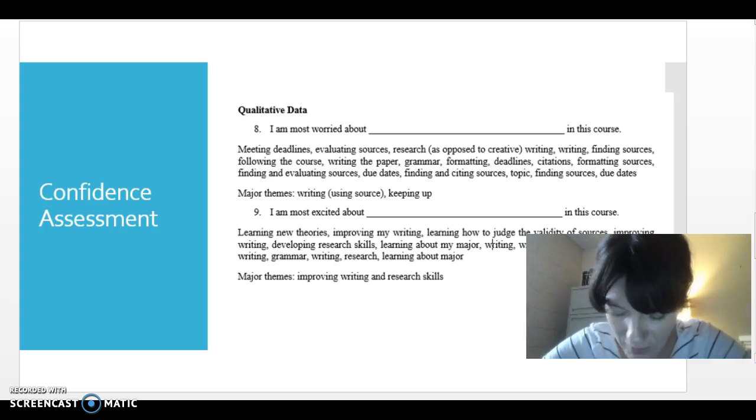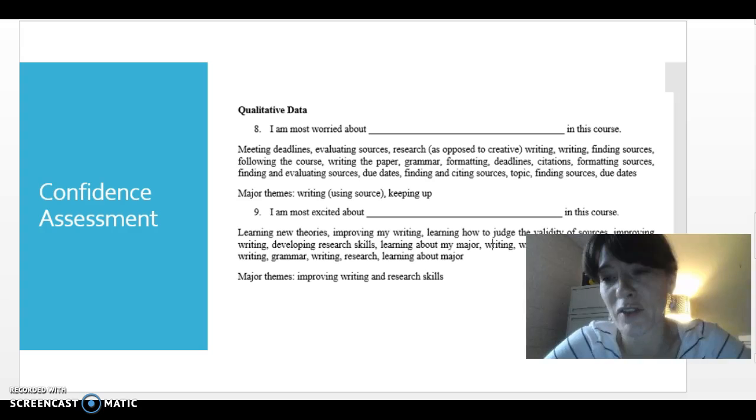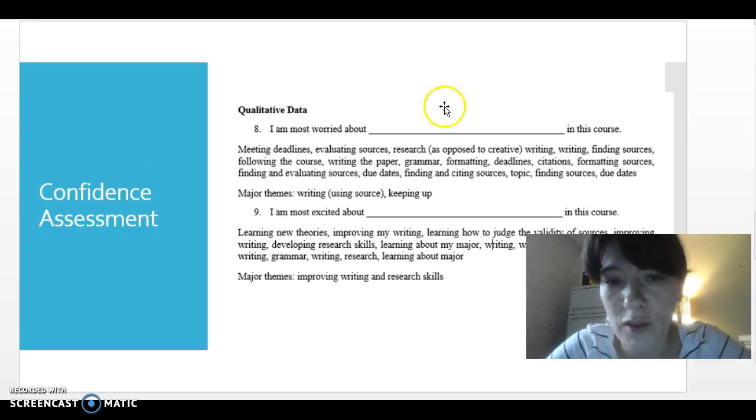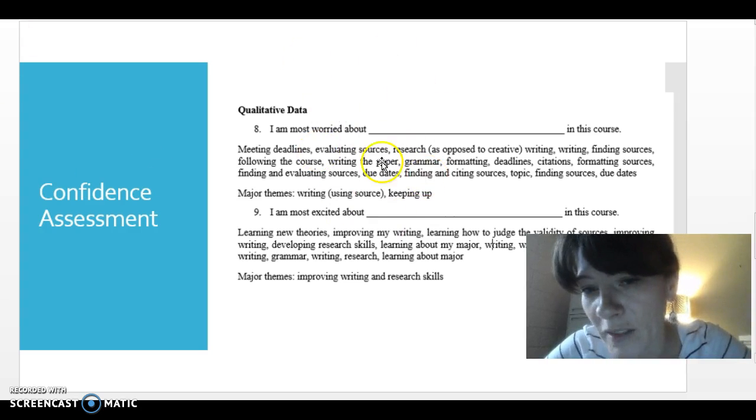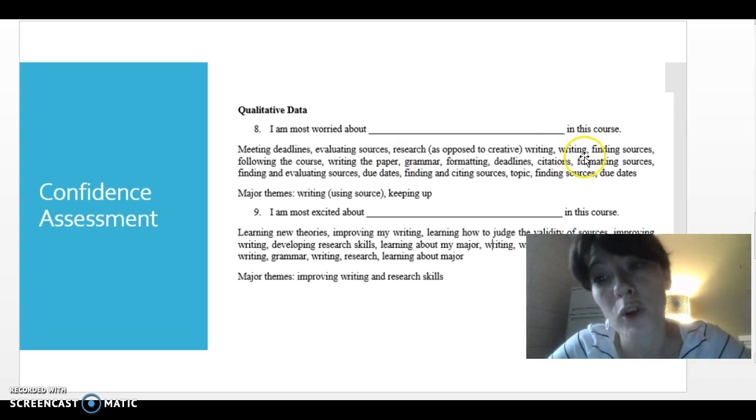One of the things it can do is to provide a space for a researcher to be surprised by what they find out. So while it's not super surprising to me that a lot of students are worried about things like evaluating sources or writing, something I was less likely to imagine would be a real concern was meeting deadlines or essentially keeping up in the course.